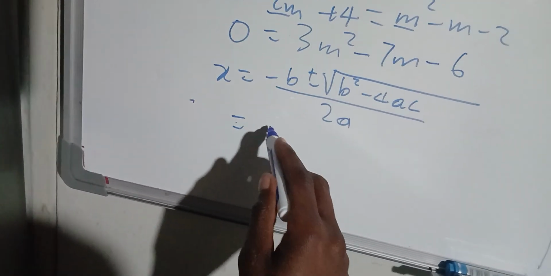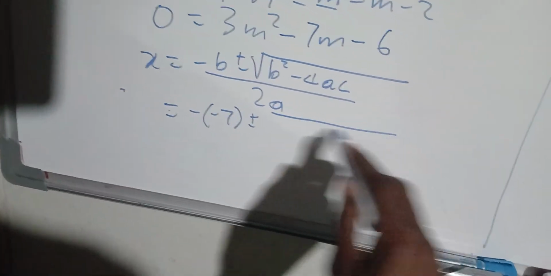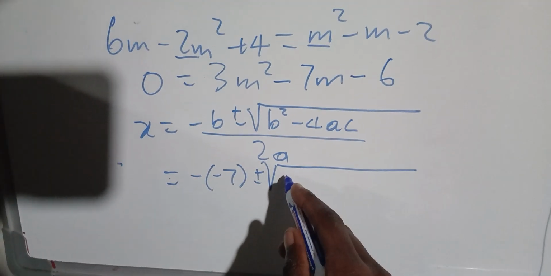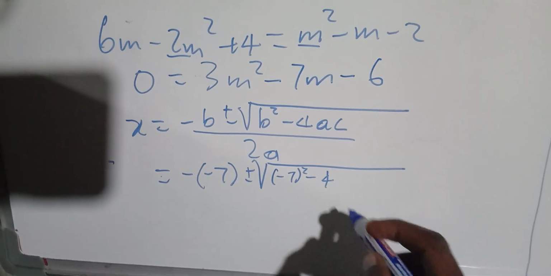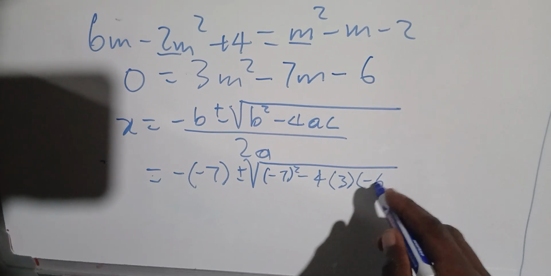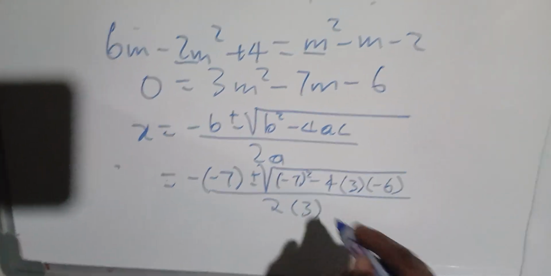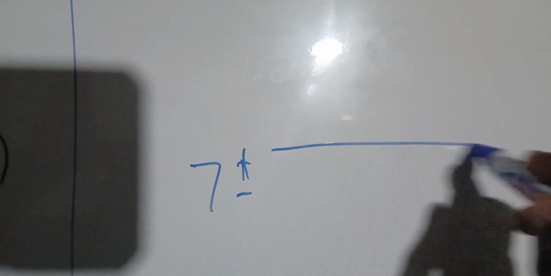So I'm going to have minus into minus 7 plus or minus the square root of minus 7 squared minus 4 into 3 into minus 6, all over 2 into 3. So I'm going to write it here. I'll be having 7 plus or minus the square root of